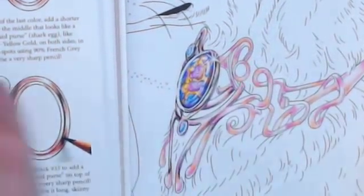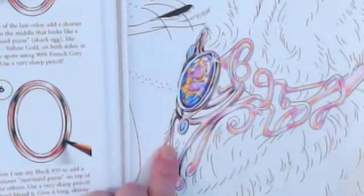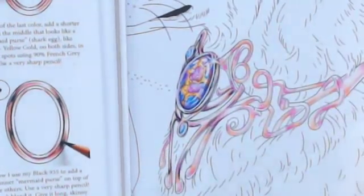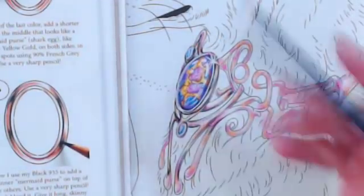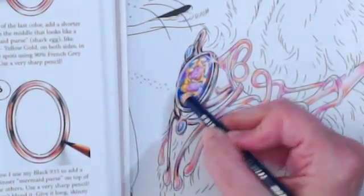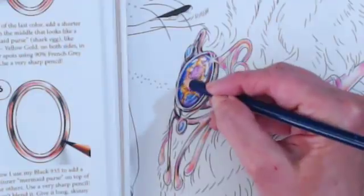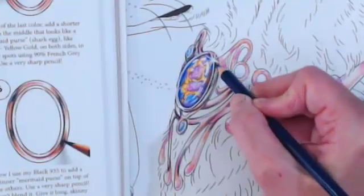So what I'm trying to do is on that outer edge, have that light, but I'm going to knock it back a little bit. Which one do I think I want it with the pink? I'm going to knock back that white just a tiny bit on that outer edge there with some pink. It's very subtle. Now I got to go back in here where I need my dark blue or the purple. And let's get that back sharpened up back in there. Maybe in between some of the